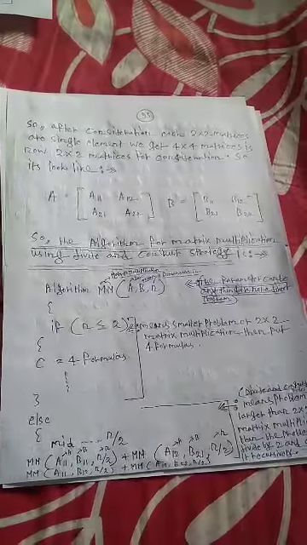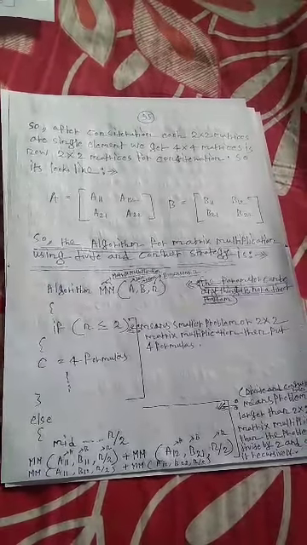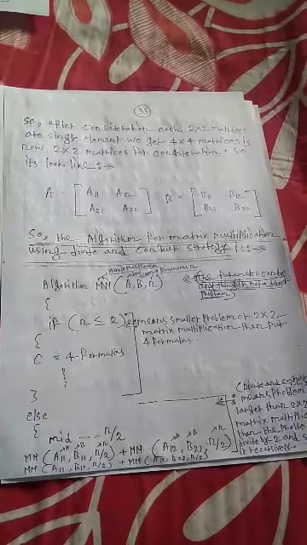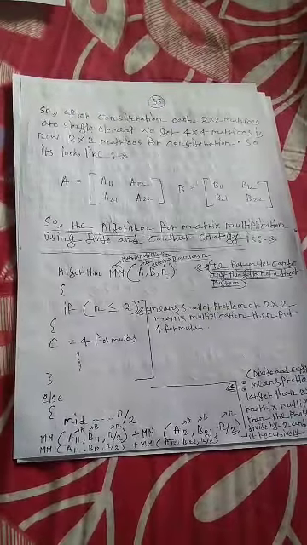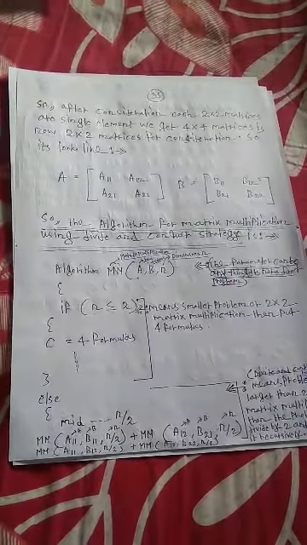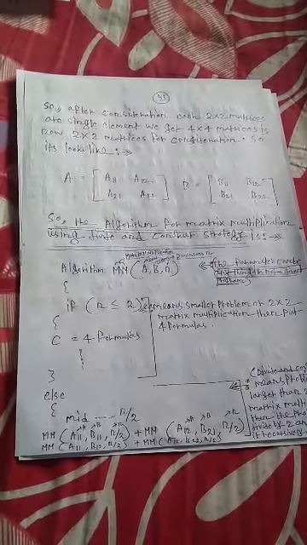If n is less than or equal to 2, meaning a smaller problem or 2 into 2 matrix multiplication, then we put the 4 formulas, the general form of normal matrix multiplication. That is the if part, and in the else part we apply the divide and conquer strategy. So for divide and conquer, at first, a 4 into 4 matrix we divide by 2. So mid is equal to n by 2, n for dimension and 2 for dividing. So each 4 into 4 part will be divided into 2 into 2 matrices.